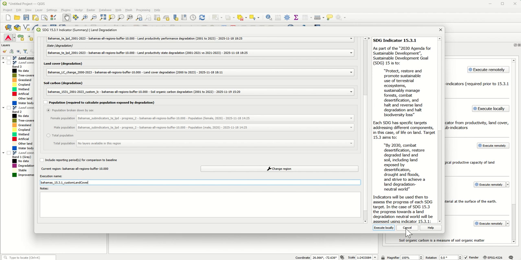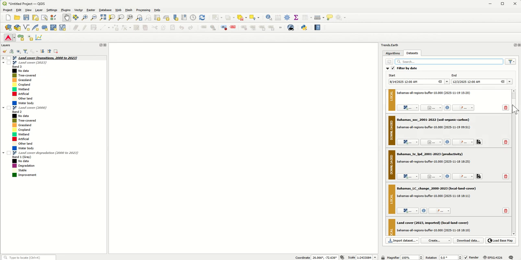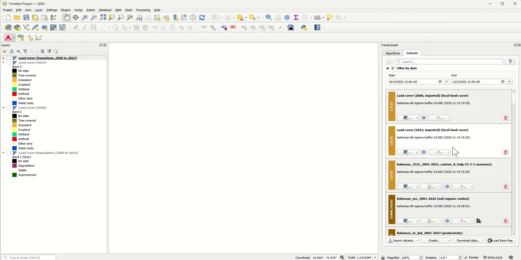Once again, I've done this previously, so I'm not going to run it again here, otherwise it's going to get busy. But I can show you that I have here the Bahamas SDG 15.3.1 for the period from 2001 to 2023.